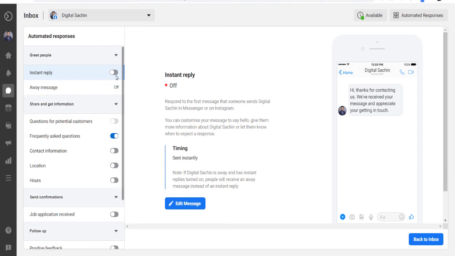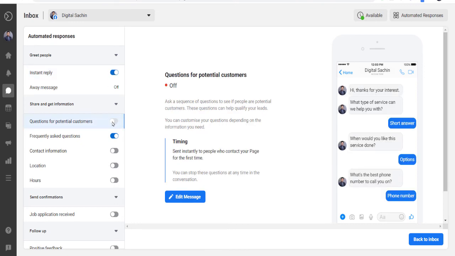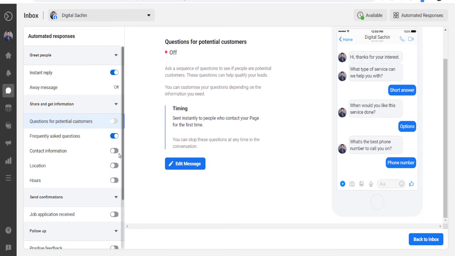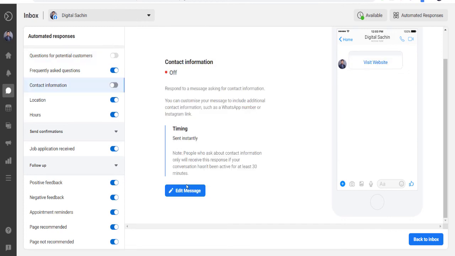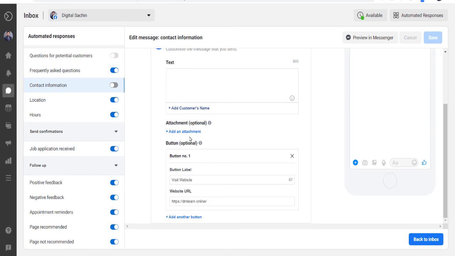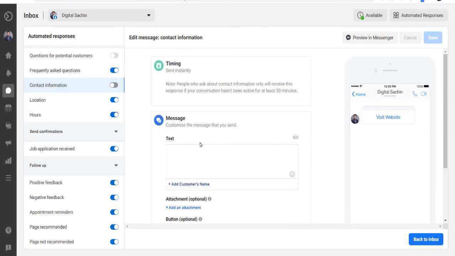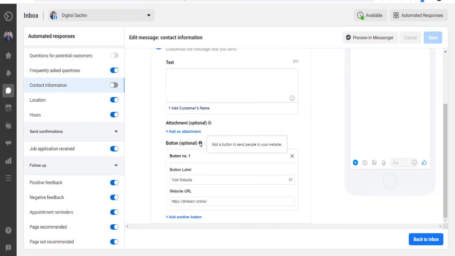In setup automation, you have to enable instant reply. You can ask your customers questions. Here you can ask about contact information, location. They can ask job-related questions, feedback, page recommendation, whatever questions you want to ask. So you have to edit the message, whatever type of message you want. Suppose I want the message: how can we help you.